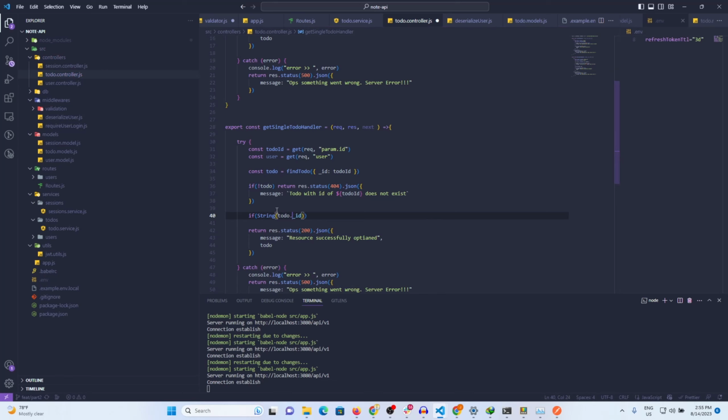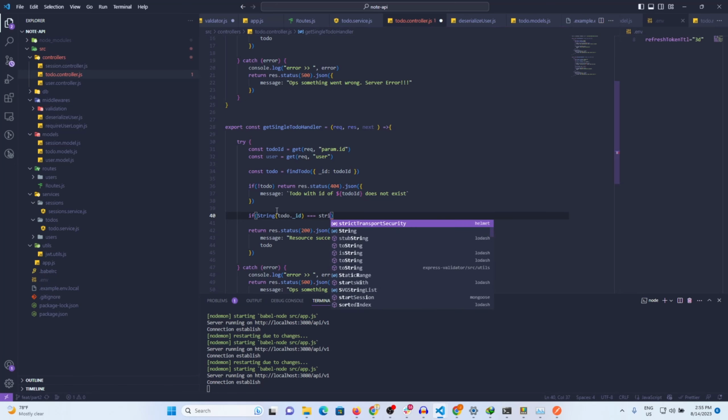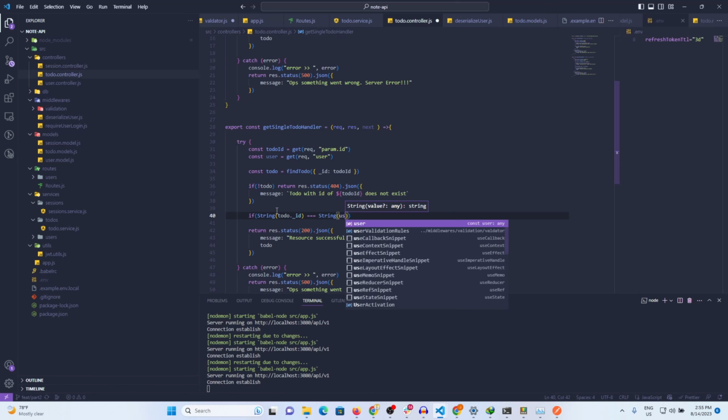So if it is equal to, also string converter, user._id. So if it is not equal to, they are not equal to themselves,